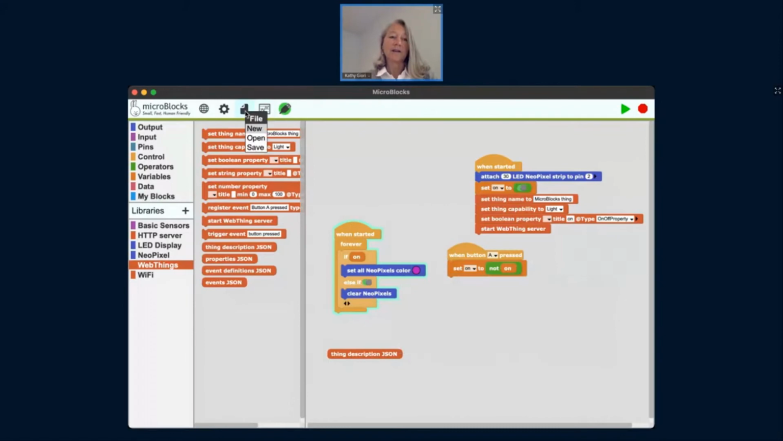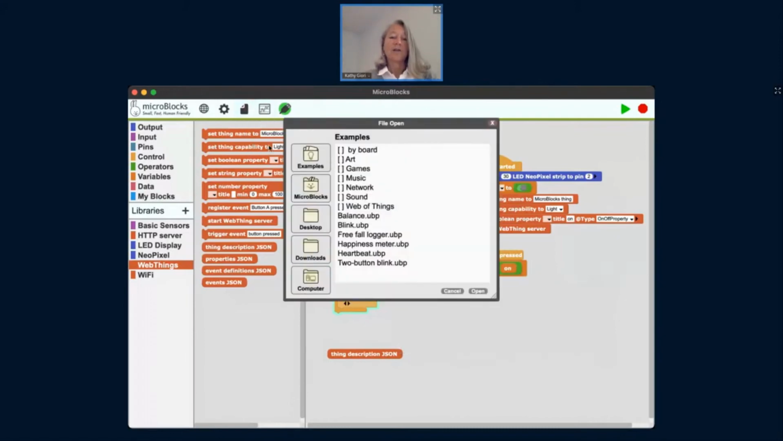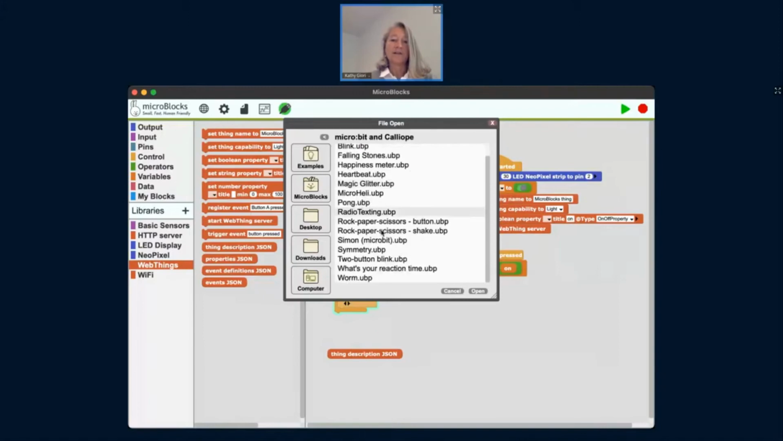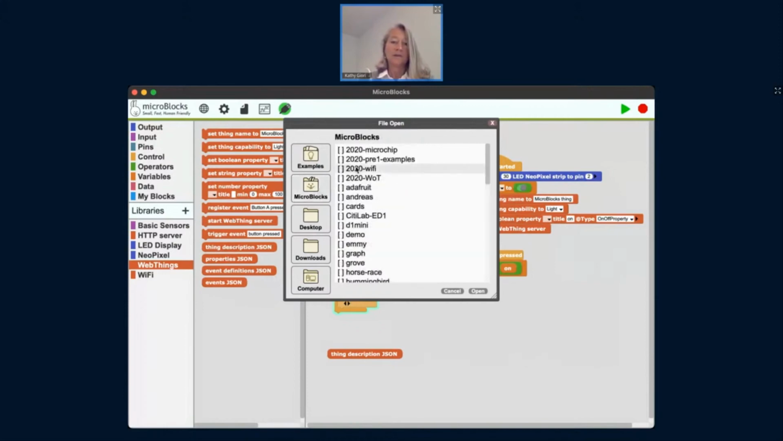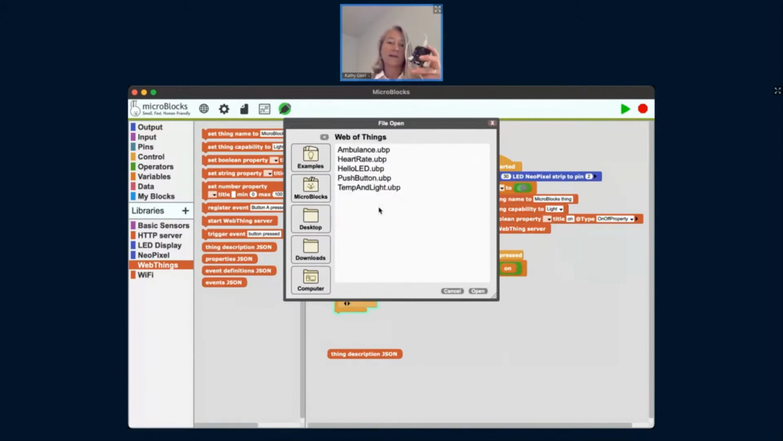So the last thing I'll mention here of the Microblocks is there's all sorts of cool, fun games and libraries. If you look under the micro:bit and the Calliope boards, you find tons of fun games you can play with it, as well as music and all sorts of things. So I have tons of different examples. There's also, just so you know, Web of Things has its own examples of how you can set this thing up as a heart rate monitor, temperature and light, push button, hello, LED, ambulance,